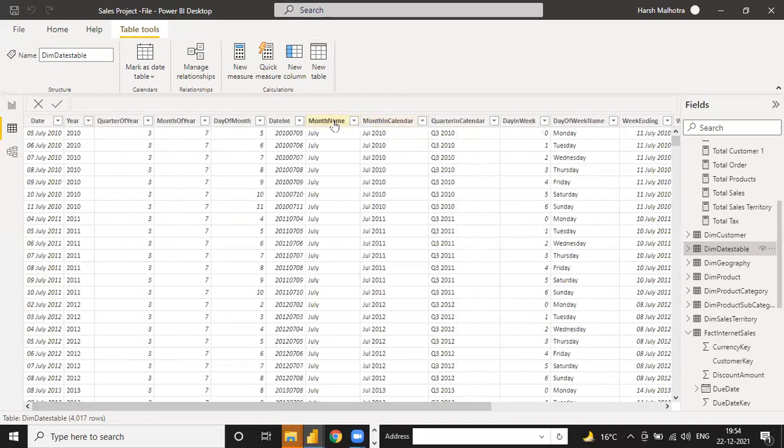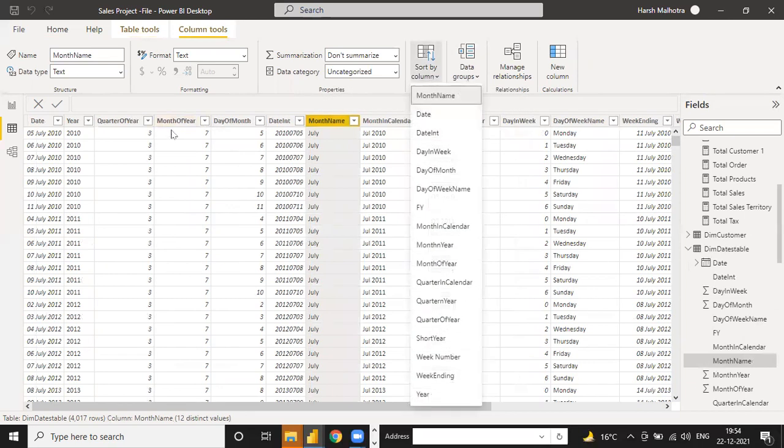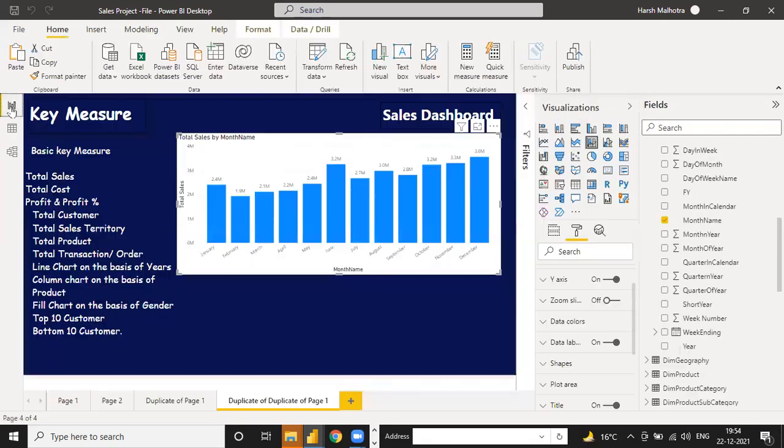Month name, this one. So this month name you can sort on the basis of month of year. Click on this month name, sort by column, and now you can choose month of year. Month of year, this one. So when you choose this month of year and sort by month of year, and now if you click this,